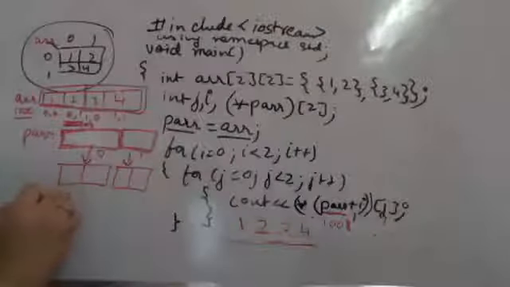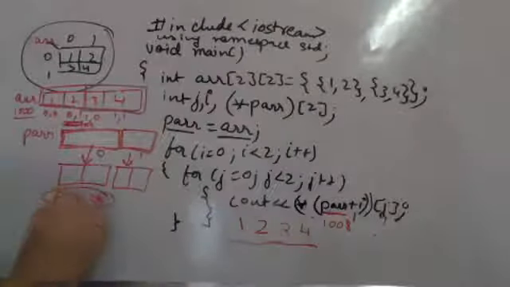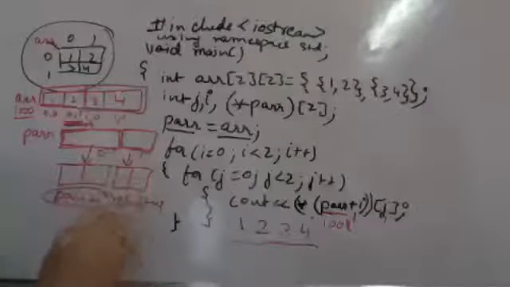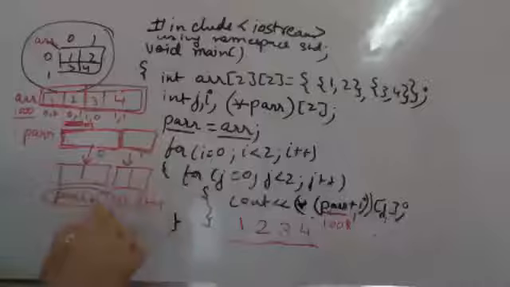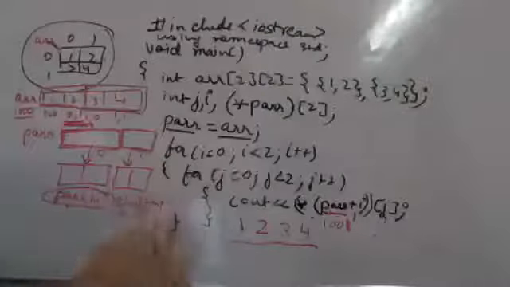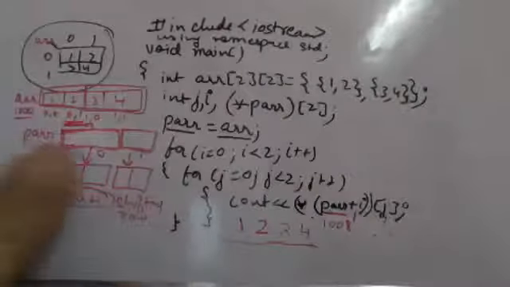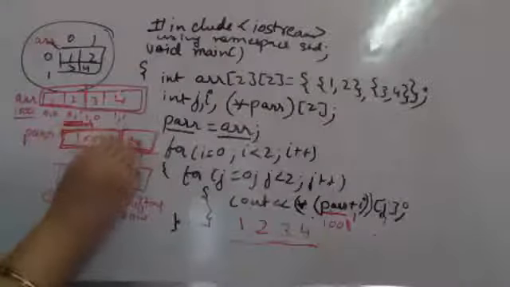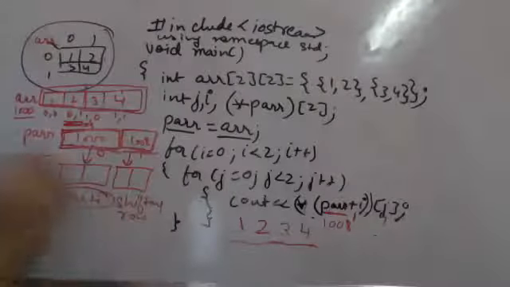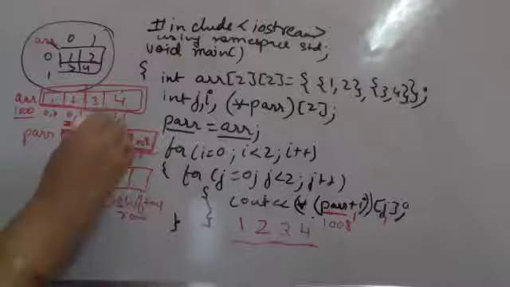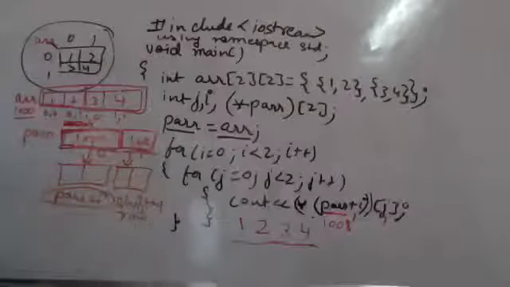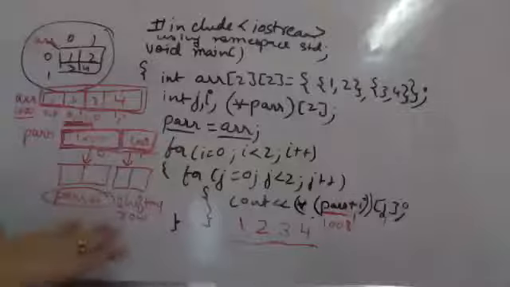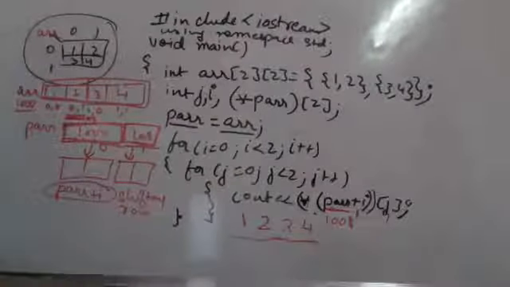When I am representing P array plus I, I am shifting by rows. You have to understand, I am not shifting by one integer. I am shifting the entire array. 1 array, 2 array, 3 array. You have to understand that. First array, second array. The first array's address is 1000. The second array's address is 1008. So it is pointing to an array of 2 integers. Is it now clear to all? The concept of pointer to arrays is now clear to all.